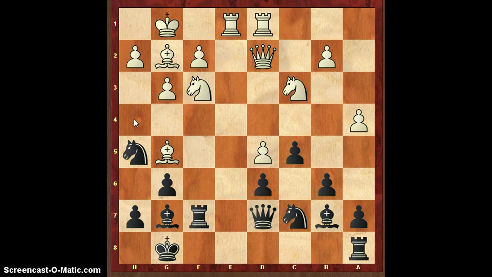White to move, and Zak played bishop to e3. This is a bad move because he blocked the e-file for the rook. A better move was bishop to f4. We have bishop to e3, and Rashid played knight to f6, forcing pressure on the pawn on the d5 field.